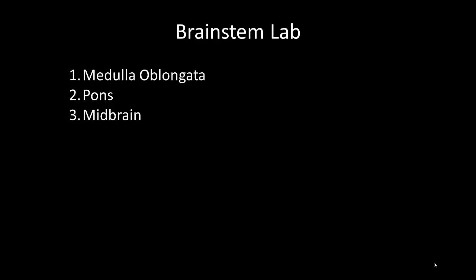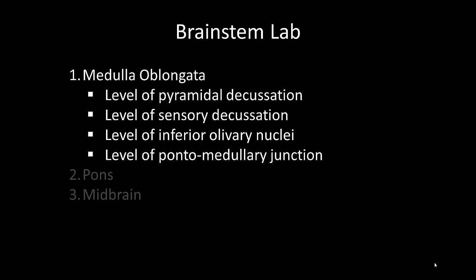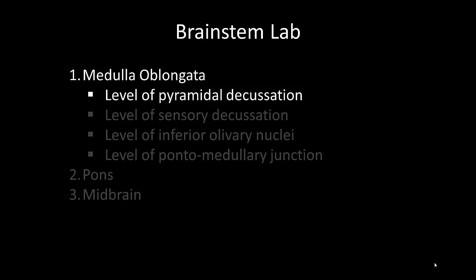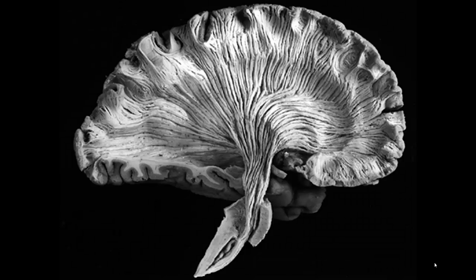and through the midbrain. So when we study the medulla, there's four major sections that we're going to look at that's hopefully going to help us gain a better understanding of the underlying nuclei and tracts that are present within the medulla itself. So our first section that we're going to look at is going to be at the level of the pyramidal decussation. So to understand what the pyramids are, we can look at the sagittal section of the